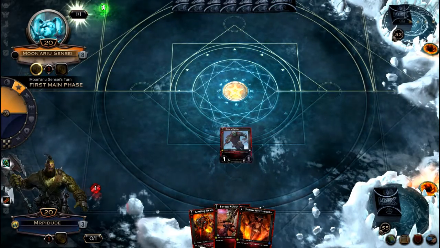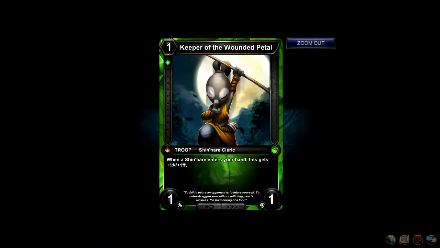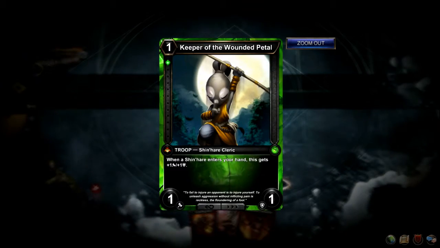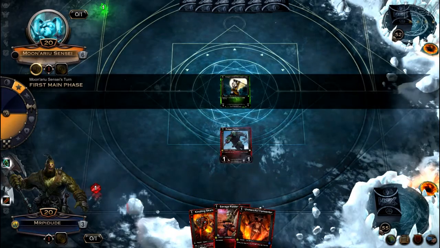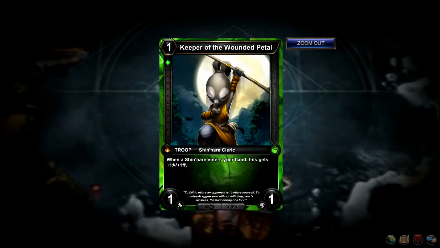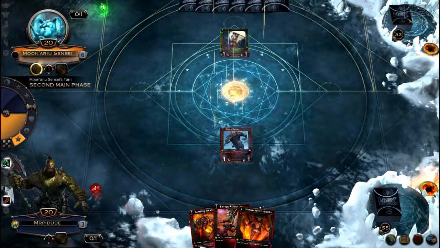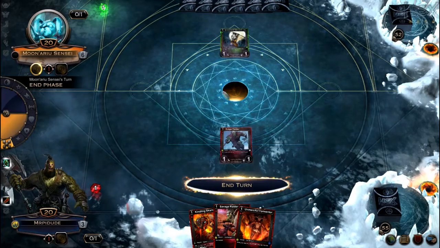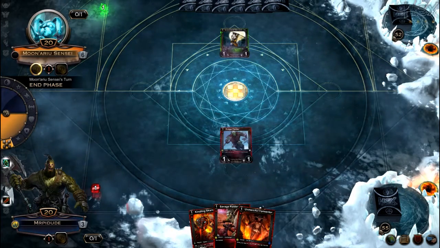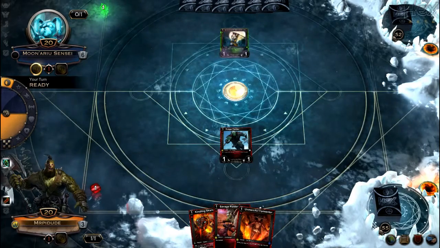Drops a Wild Shard. Hopefully he has nothing turn 1. He has Keeper of the Wounded Petal. When a snare enters your hand, it gets +1/+1. Or is this good +1/+1? Okay, this is good +1/+1. Okay, hopefully we top deck a shard. And we get...